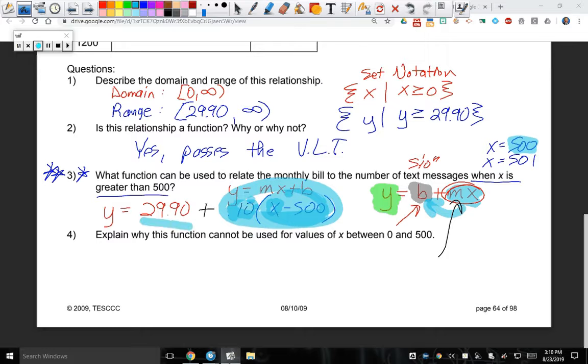That's called my initial value. So when my input zeroes out. Now, if I put 501 right here, what would this give me? 1. That's my first text that now matters. Because it's that 10 cents more added to the 29.90. Do you understand? So now look,